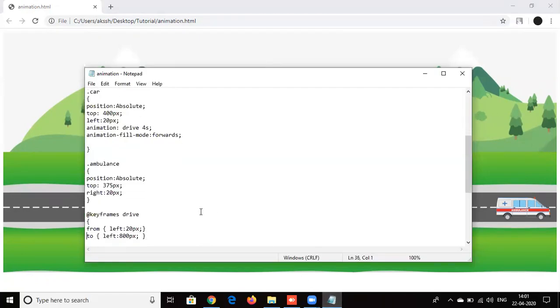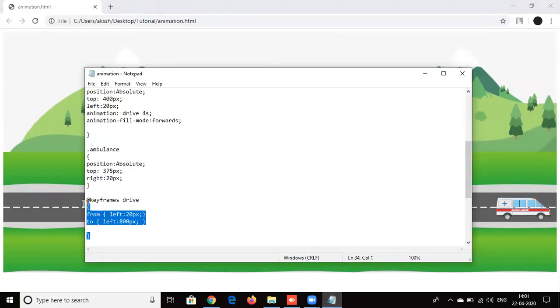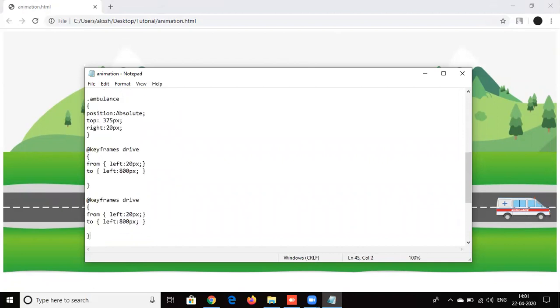Same thing, I'll make a new keyframe for the ambulance. I write drive, I can write drive-ambulance. I'll take it from right to left. Right was 20, and for the end I'll make it go outside the page, and then I press save.